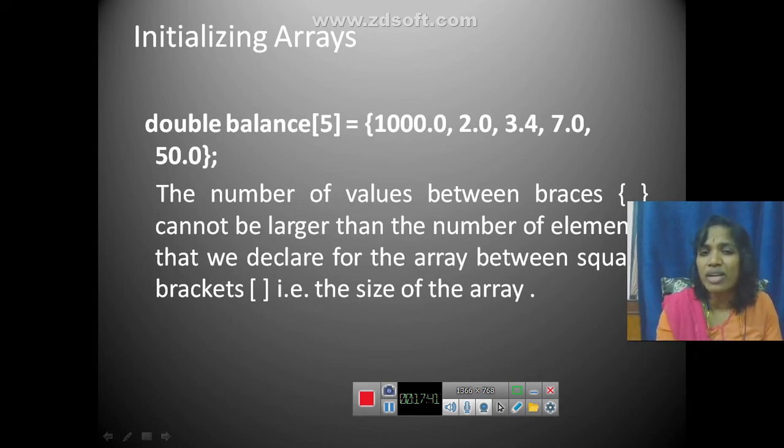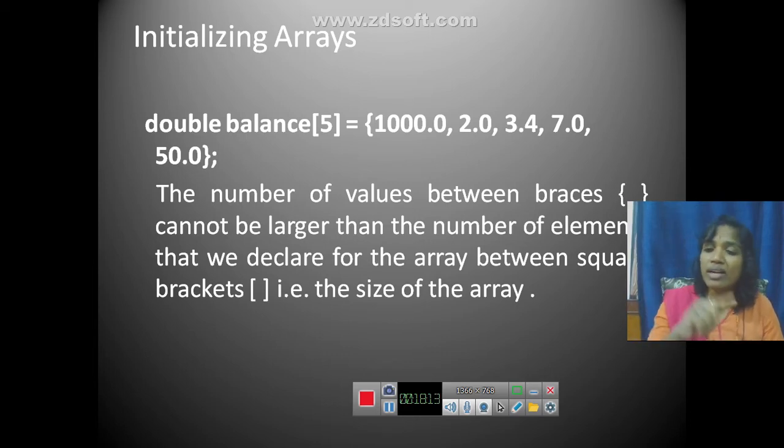The number of values between the open and close braces cannot be larger than the number of elements that we declare for the array between square brackets. Whatever we declare in square brackets indicates the size of the array, so the number of values cannot exceed it. If the size is 5, the values can be fewer than 5, but they cannot exceed 5.